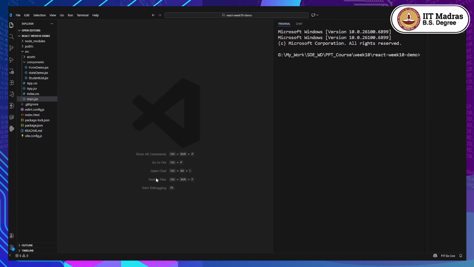So what are basically side effects? Side effects are anything that happens differently from the normal rendering flow of a React application. For example, the whole idea of a React application is to render a particular component based on the return statement of the component. So the JSX that we return has to be rendered with all the functionalities and all the view objects. But there are certain things that are apart from this, for example, making an API call,